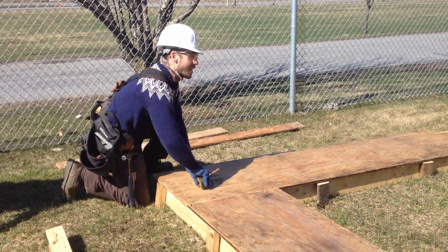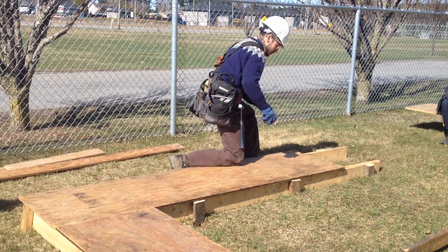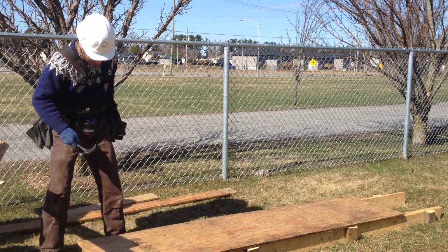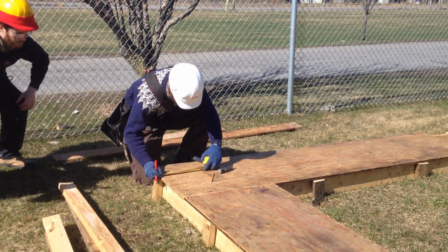Mark 7.5 over here, 7.5 over here. I'm going to install a nail, and I'm going to also go 7.5 this way. So,